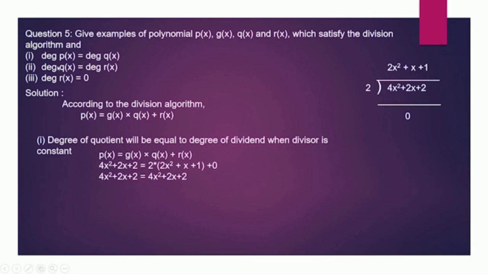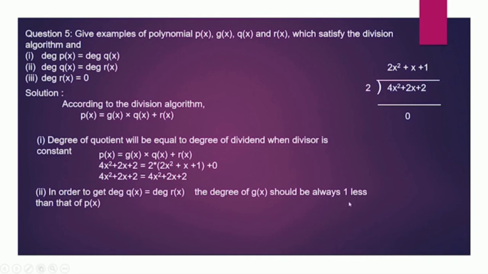Moving on to the second problem, that is degree of q of x equal to degree of r of x. In order to get degree of q of x equal to degree of r of x, we need to get the degree of g of x less than degree of p of x. Okay,